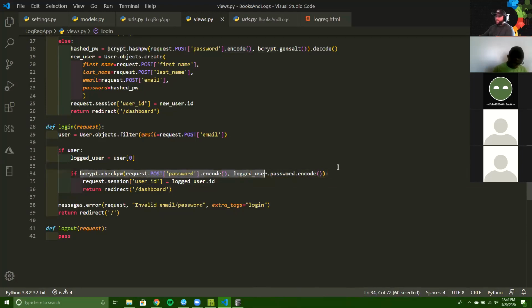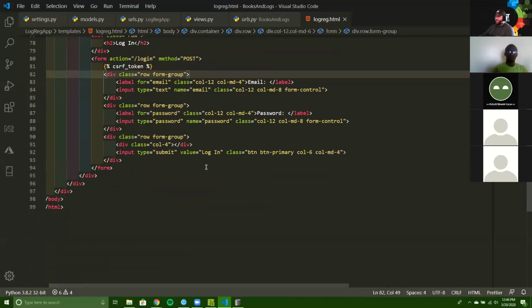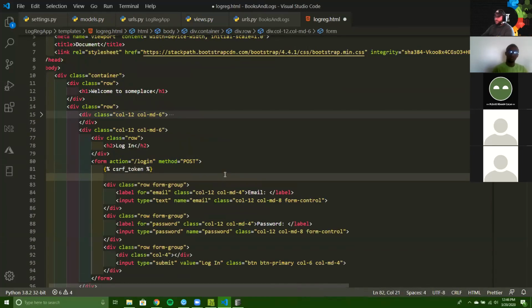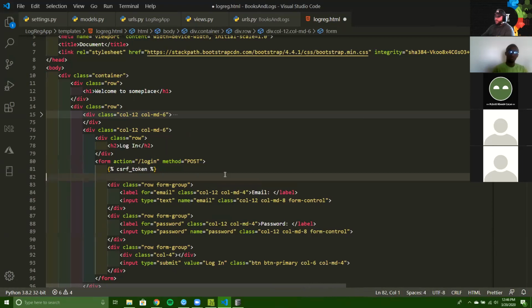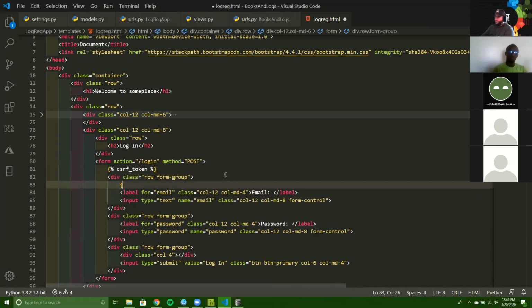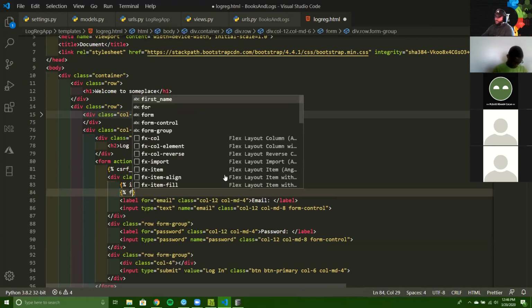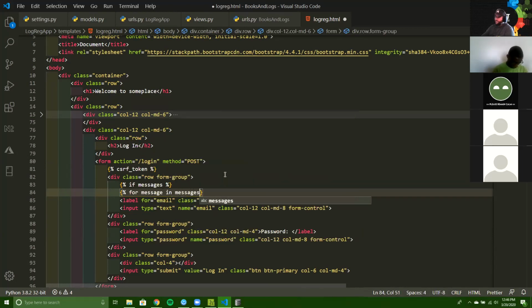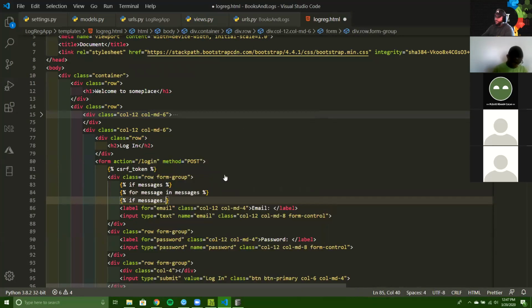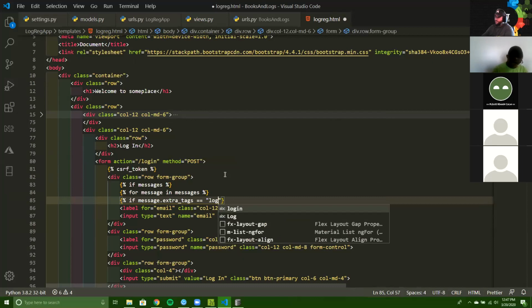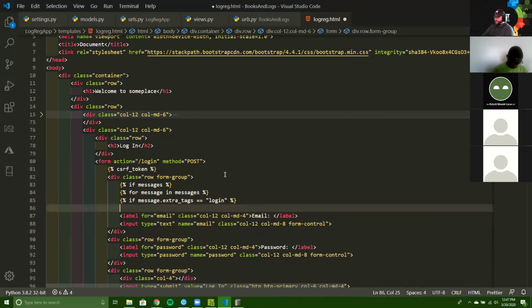And then if the passwords match, then I want to put the user ID in session and redirect them to the dashboard. Otherwise, create an error message. So let's go in here and just get that error message set up. So I'll say, if messages, or message in messages, if message.extra_tags equals login, then I want to say